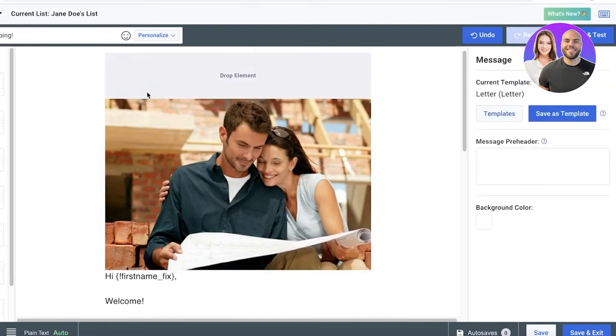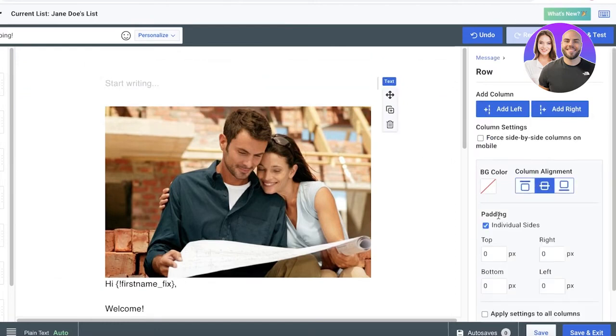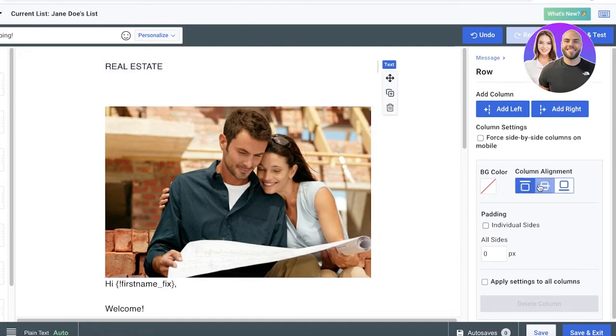Let's say I don't have a logo. I can delete that and enter the text section. And in the text, let's say I want it to be center aligned, and I want the individual size to be padded. If you want to add padding to the text, especially if it's your logo text. So I'm just going to add that. So let's say I have a real estate business, so I'm just going to select the text now,